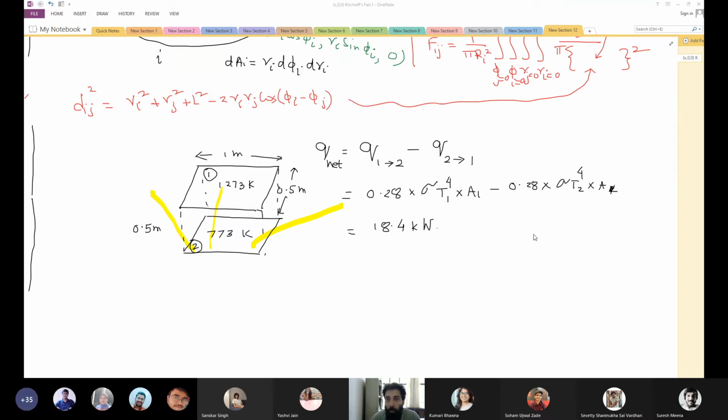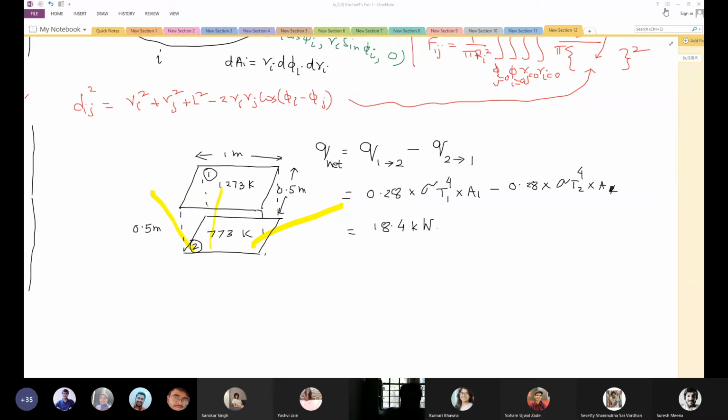charts, and almost everyone who tried got the correct value of view factor. A little bit sometimes at the beginning you want to rush and you may make a mistake, but I think all of you have corrected, and now you know how to get view factor and how to use that with this sigma T1 to the power 4 thing. Had it been a gray, non-black surface, so if epsilon would have been given, you have to multiply it with epsilon. So that you already know from the previous problem. So now let us see.